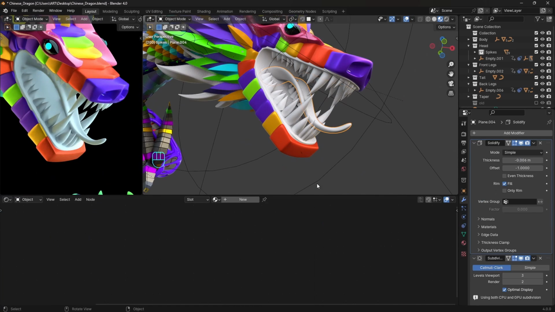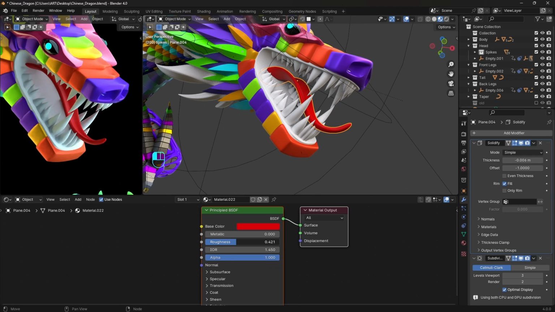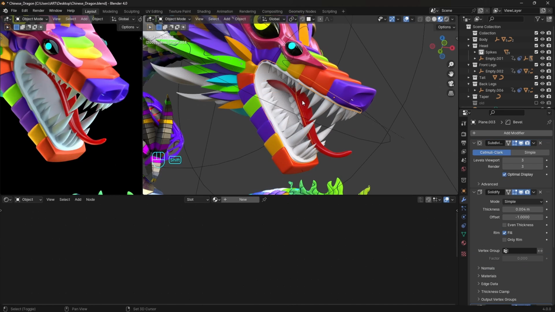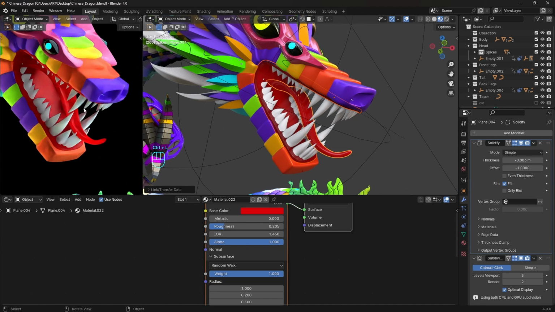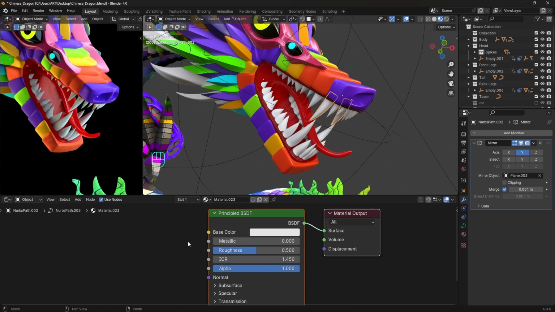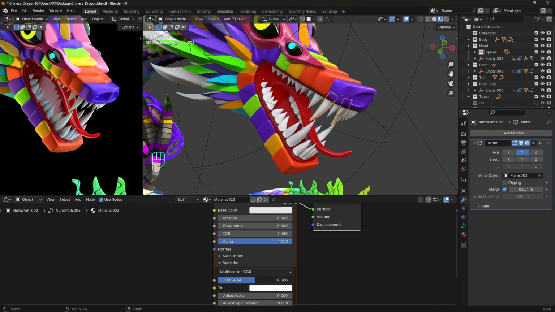The tongue is red color. Lower the roughness and increase the specular, using again the subsurface. In the previous versions of Blender, the weight slider was very strong, but now we can just increase it all the way up. Link it to this part and let's create the teeth material. It's a white color with the roughness down and specular up, that's it.